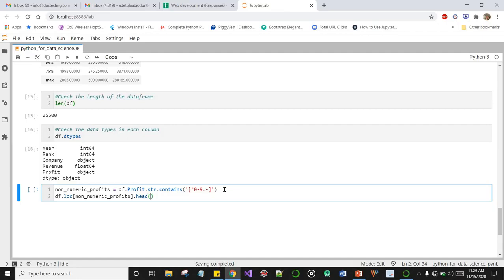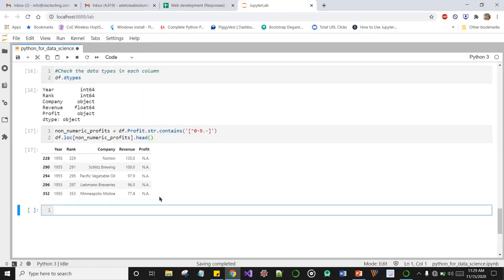Okay, dot head. This is known as method chaining in Python. The output of one method is chained to the dot head method using the dot operator. So use the dot operator to chain methods in Python.